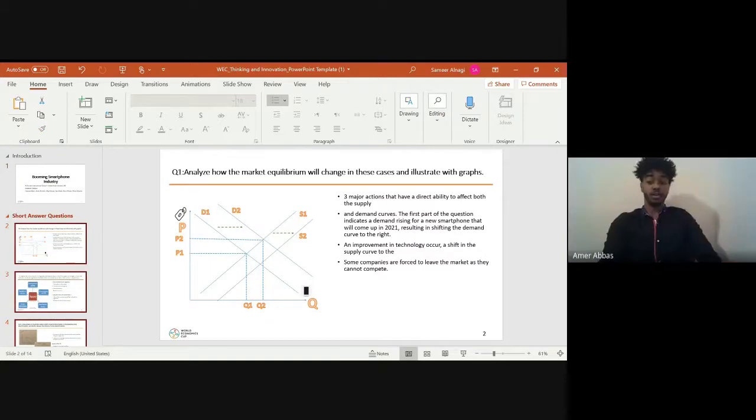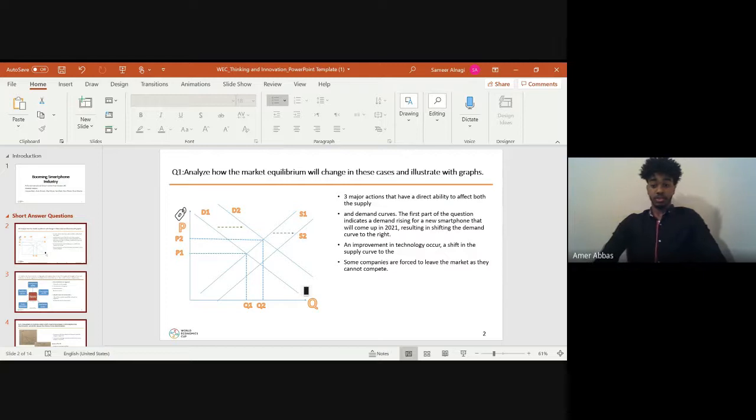Hi, I am Amr Ahmed. Today I'll be answering question one, which refers to three major actions that have a direct ability to affect both supply and demand curves. As indicated in the question, a demand rise is expected in the market due to the new upcoming smartphone in 2021, and as a result of demand rising, a right shift will occur on the demand